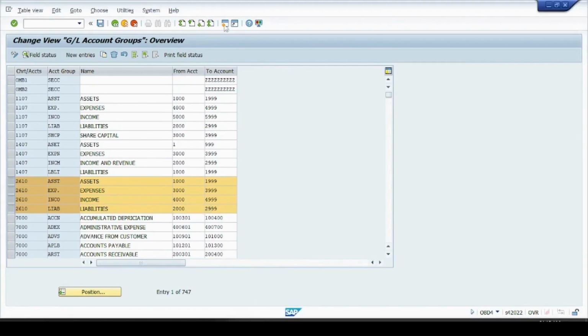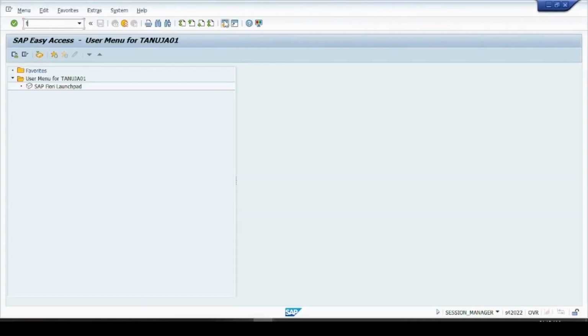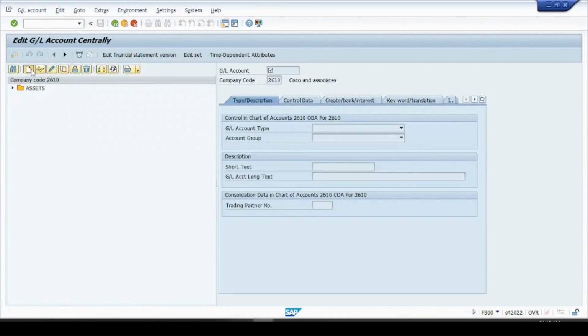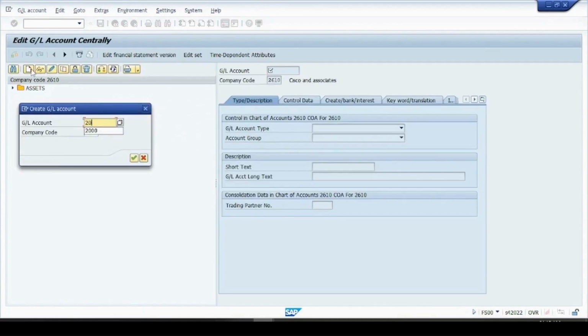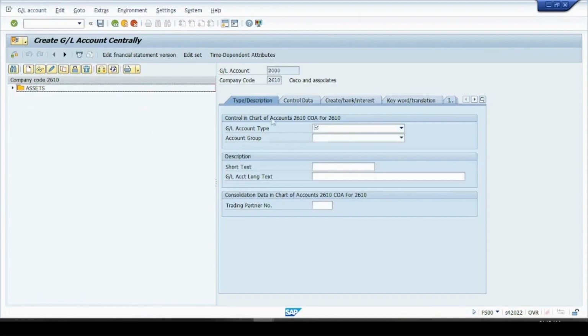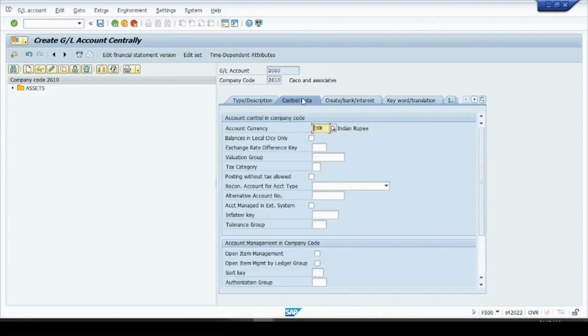Okay, so go to the FS00 to create a reconciliation account. FS00, create a new one. GL account as 2000. GL account type balance sheet. This is our liability. This is a vendor reconciliation account short text. Okay, vendor reconciliation account. In the control data section,